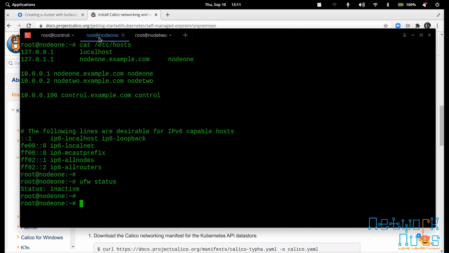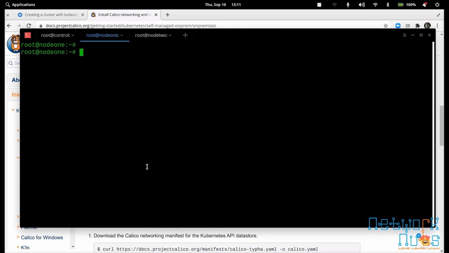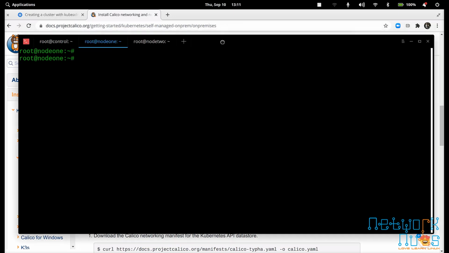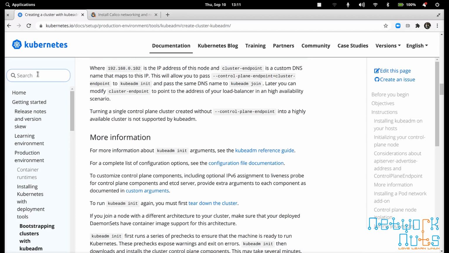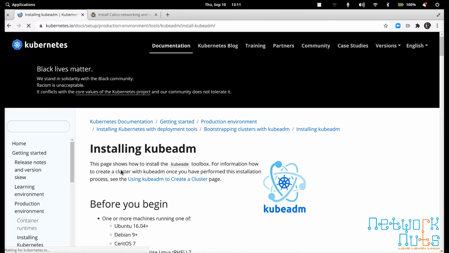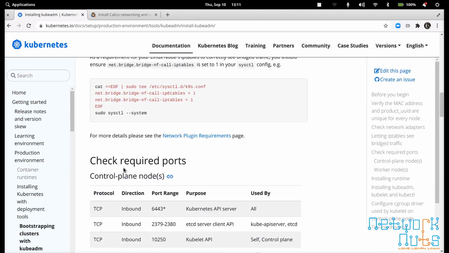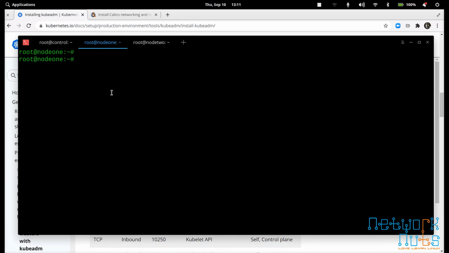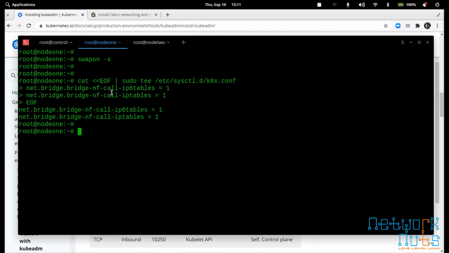How to install the node? Very simple. Go to the node. You have to repeat the same steps you did for the control node. So search again for the kubeadm install. Install here, click here. You know the things. Enable the bridging here, copy it, and now I'll be doing it on node 1. My swap is off. So enable the bridging,